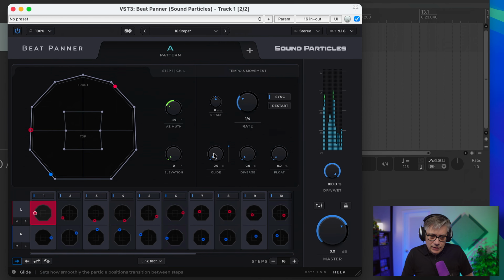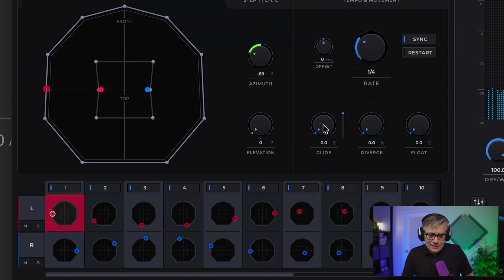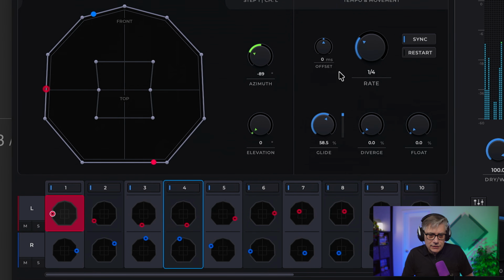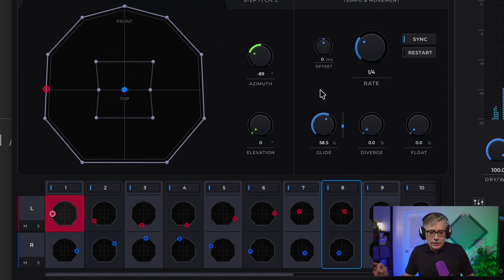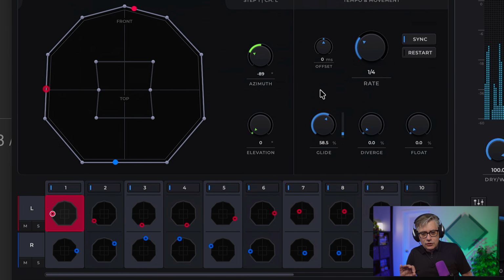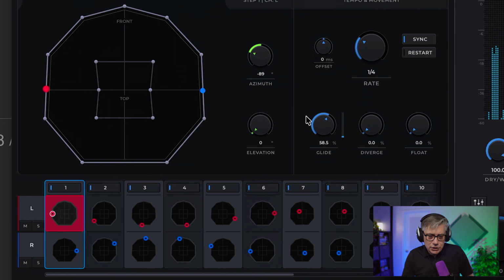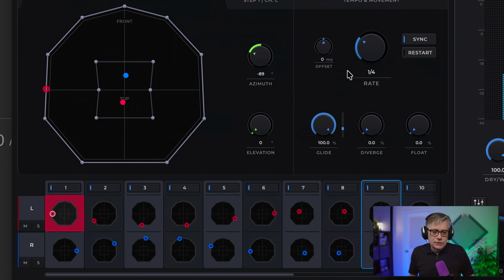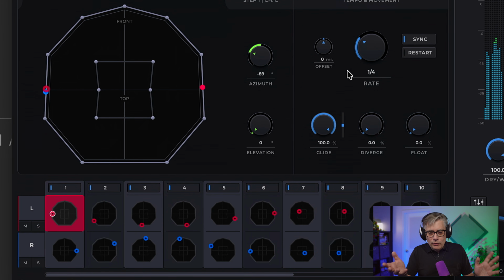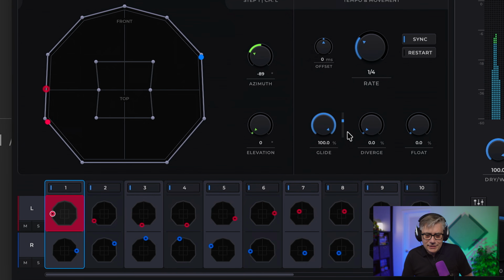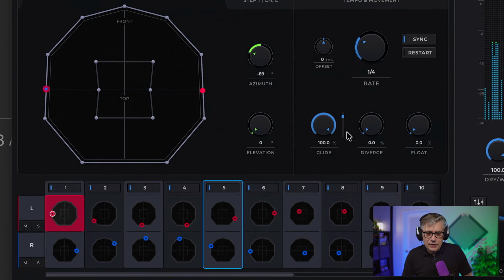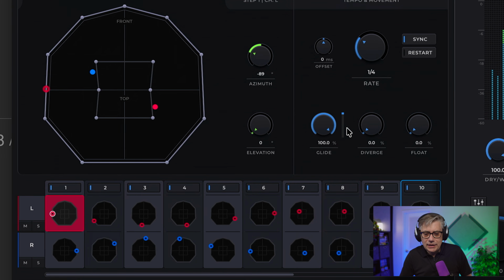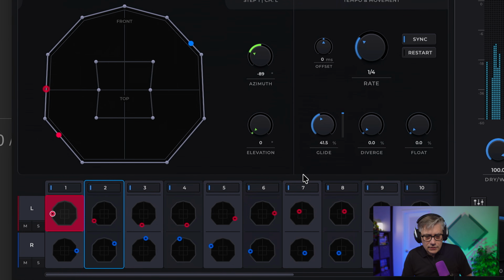So what I can do here is, for example, do a glide, and glide essentially just means that it is not going to jump directly, but it's going to move rather slowly, and I can change how much it's going to glide. So if I move that over to 100%, it's just gliding slowly from one position to the next. And here in this little display, you see essentially how it glides from one to the next. So let's maybe do that like that.